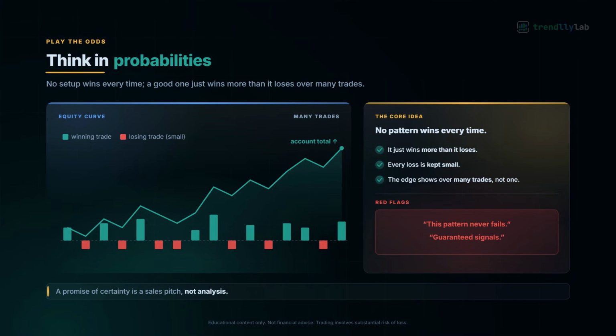This mindset shift is the hardest part of the whole course. A single losing trade means nothing if your process is sound, and a single winning trade means nothing if you broke your rules to get it. Technical analysis gives you an edge, not a crystal ball. And an edge only pays off with discipline and sensible risk, which is why a whole later module is devoted